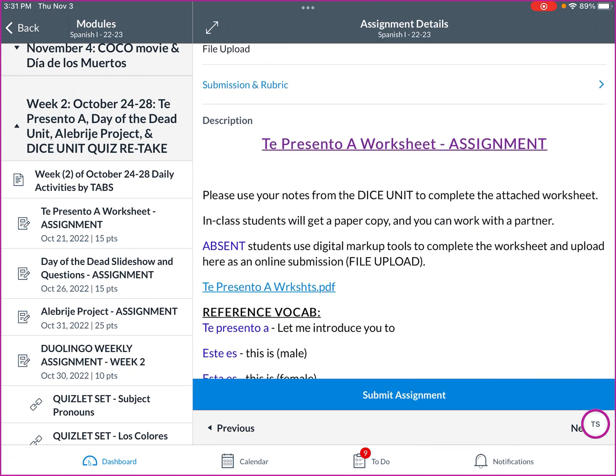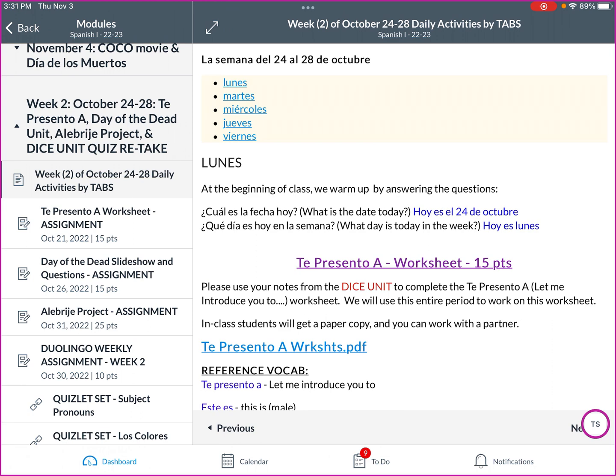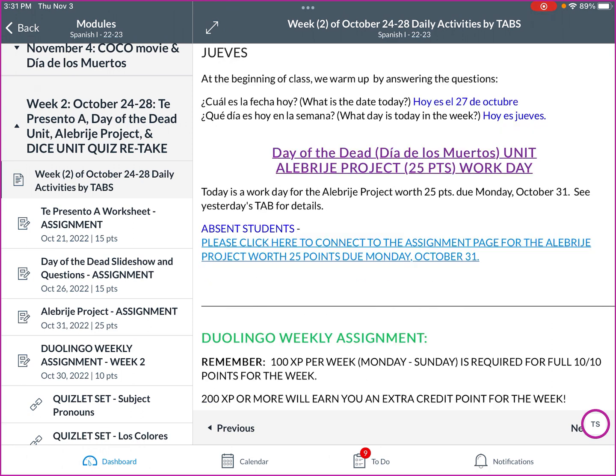But you should never feel like you're left behind, having these daily activities by tabs on what we do, and often there's videos in those tabs. So if we go back to daily activities by tabs, you can click on another day. Let's just say jueves. That's what we did on Thursday,